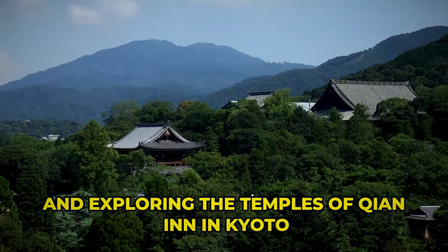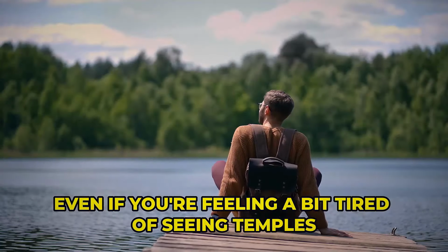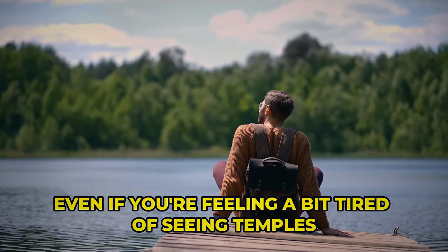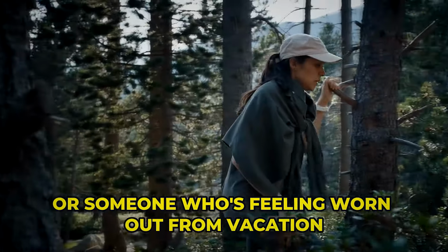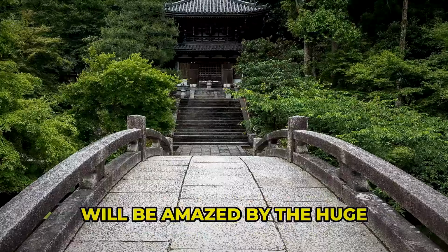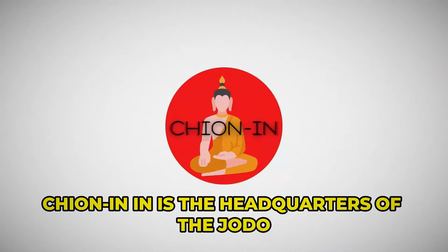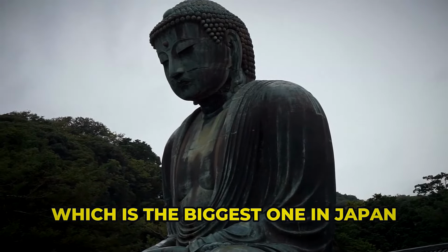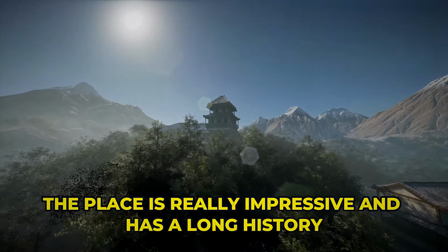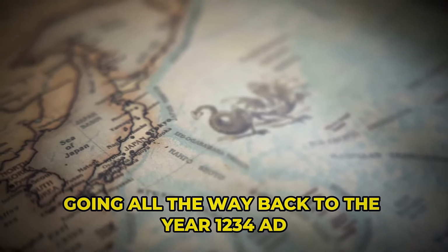And exploring Chion-in in Kyoto is a must-do, even if you're feeling a bit tired of seeing temples and shrines. Even the grumpiest teenager or someone who's feeling worn out from vacation will be amazed by the huge Chion-in. Chion-in is the headquarters of the Jodo, or Pure Land, sect of Buddhism, which is the biggest one in Japan. The place is really impressive and has a long history, going all the way back to the year